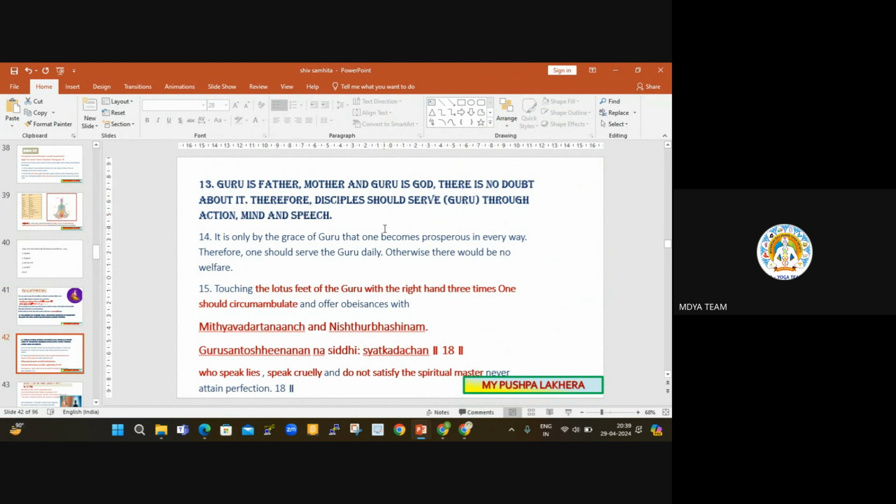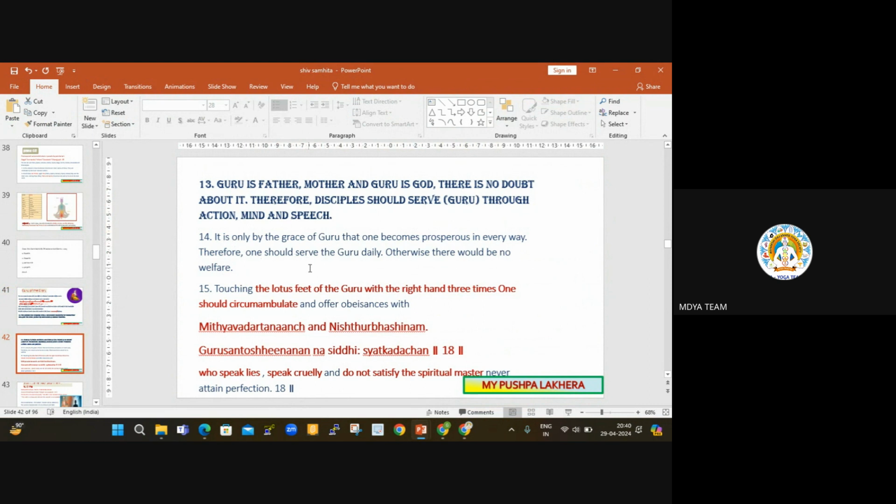Three things are stated. You have to serve your Guru through your action, means through your karmas. You have to do the action properly for your Guru, and also in mind. It is not that you only think in the mind, or only show others that you are doing the action. No, whatever you are telling must be thought in your mind, and that should be followed in your actions. In this way, if you do service for your Guru, then without doubt you will get siddhi and achieve that highest state.